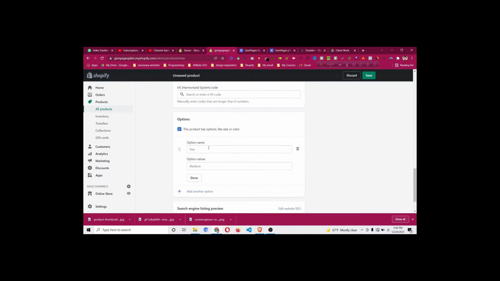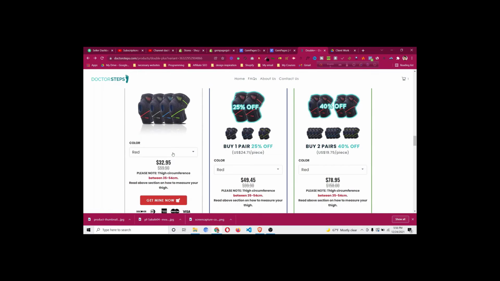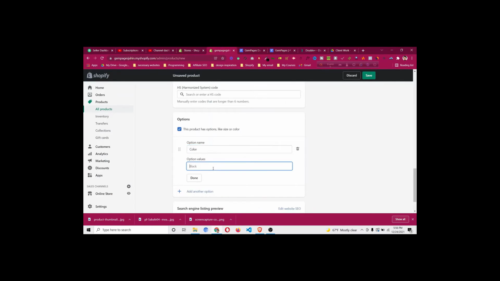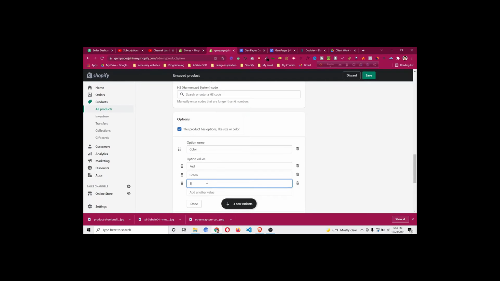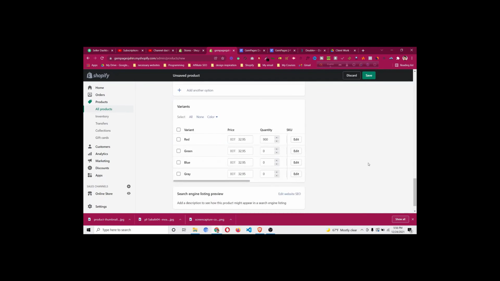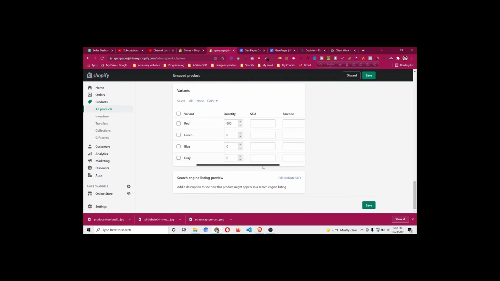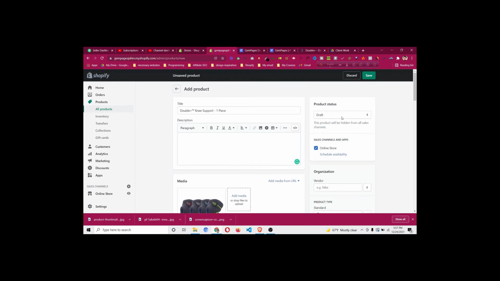This product has a few options, like size and color. So what is the color? I'll choose red, green, blue, gray. Give it a color of red, and then green, then blue, and then gray, right? So these are the four colors for this product. This quantity has not been added, so I will add the same quantity as before, because if there is no quantity, this product cannot be purchased. And this has to be an active product, because with draft products you cannot sell